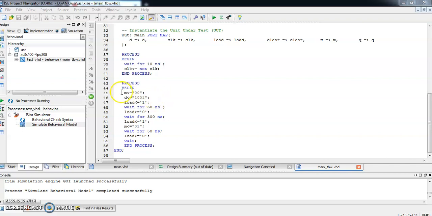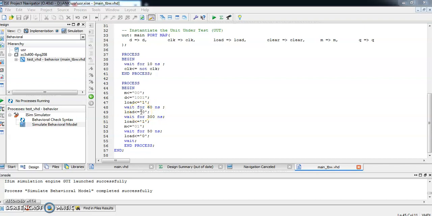You can see here initially we have made the value of mode 00 and the value of input is 1001. So at the starting point the universal shift register will operate in parallel out mode. Then we will wait for 60 nanoseconds. Then we will make load equal to 0.